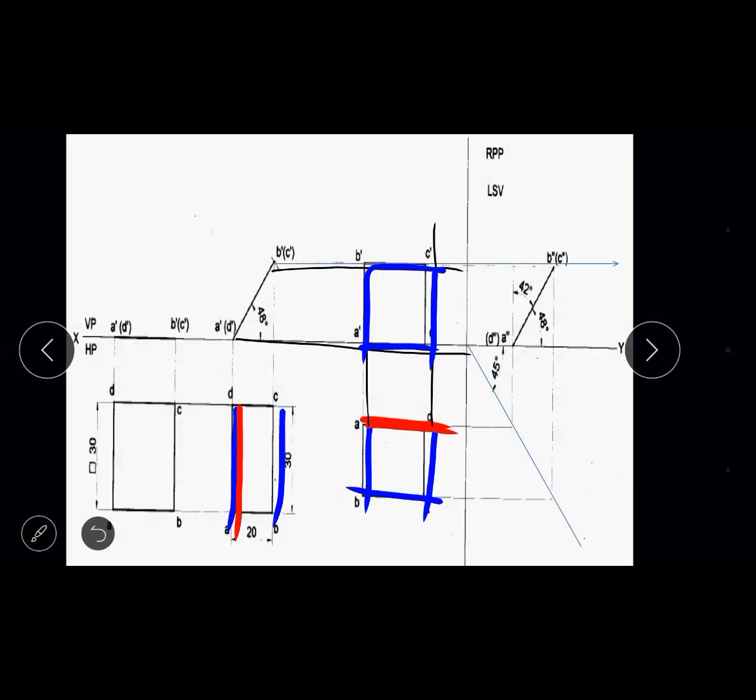Now coming to the last figure, why is this last figure required? Why is it necessary? With the first figure, second figure, and third figure, in fact all the conditions we have satisfied. We are satisfied that the top view of the square lamina is a rectangle. And then it states that the longer side of the rectangle is placed parallel to both HP and VP, that we have satisfied in the third figure. And then inclinations were asked. What are the inclinations of the lamina with reference to HP and VP? So HP inclination we found to be 48 degree.